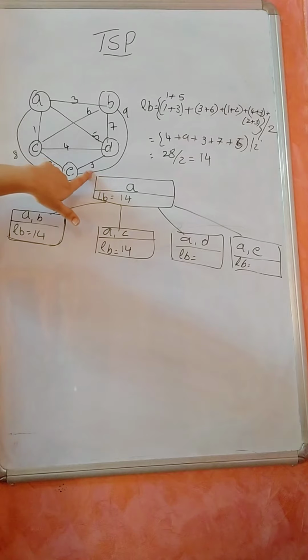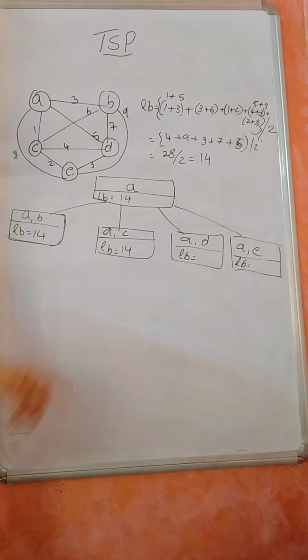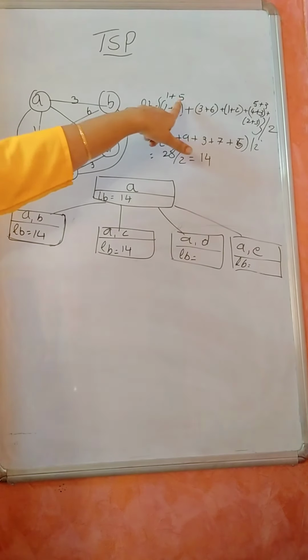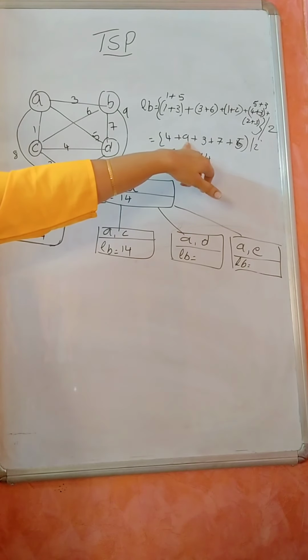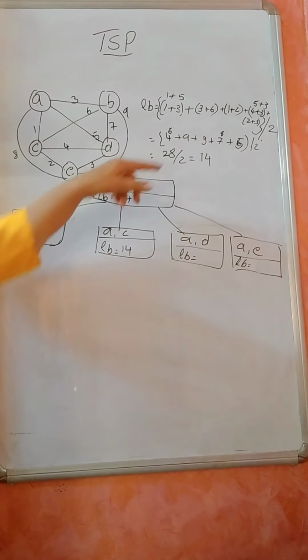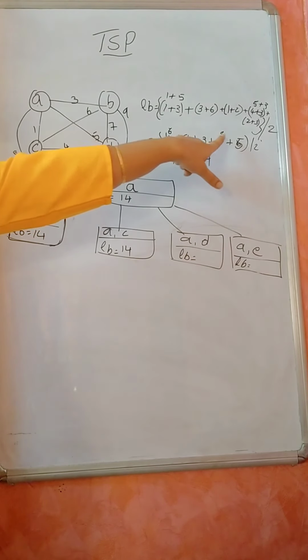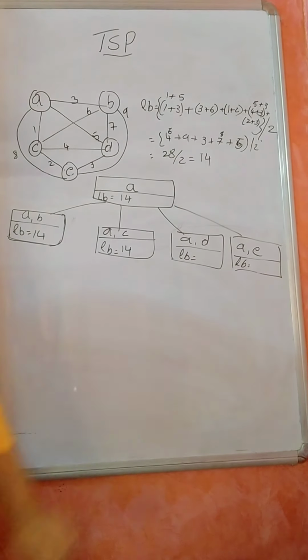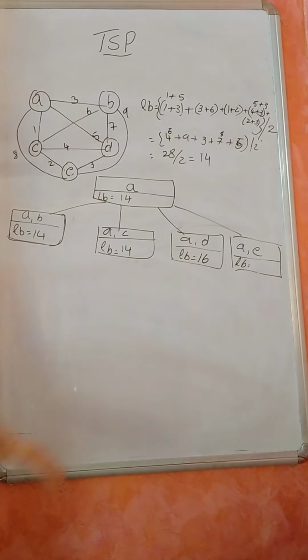So which is the one more nearest? 3. So it is 5 plus 3. These are the two changes we are having when I am moving from A to D. A to D, so how much is it? It is 5 plus 1, 6. So here it is 6, and here it is 8. So it is 9, 15. 15 plus 3, 18. So 18, 19, 26. 26, 31. So it is 31 by 2, or round it off, I will get 16. So 32 divided by 2 is 16.